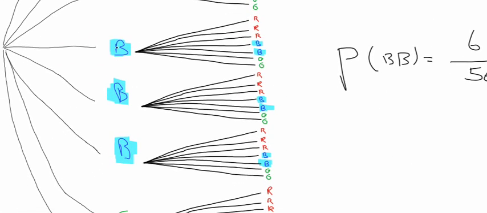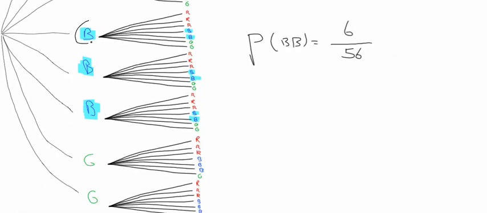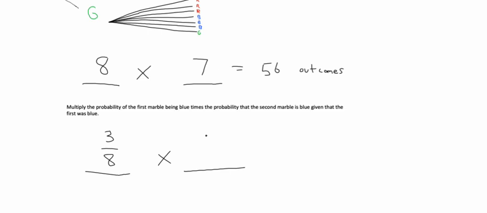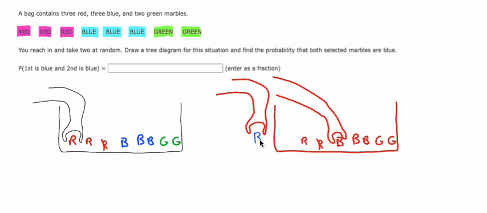We see that here. These are the 3 cases where the first choice was blue. Then we multiply. If the first marble is blue, there's only going to be 7 marbles left. And since you took out a blue one, if you do take out a blue one,